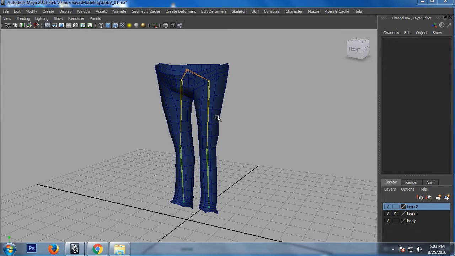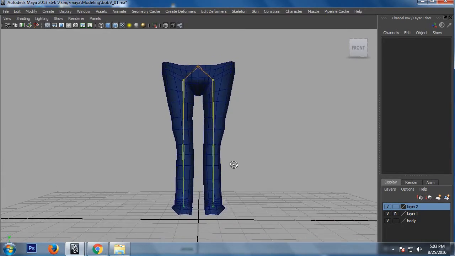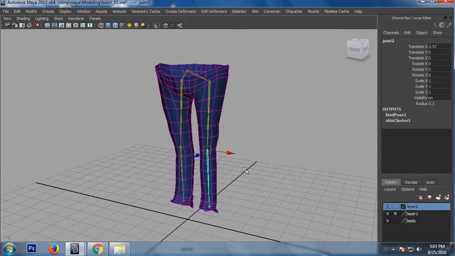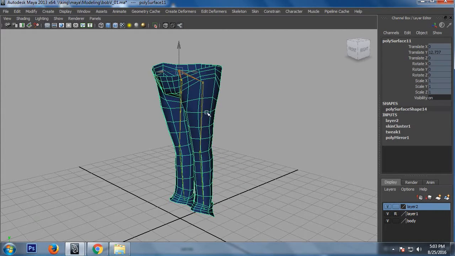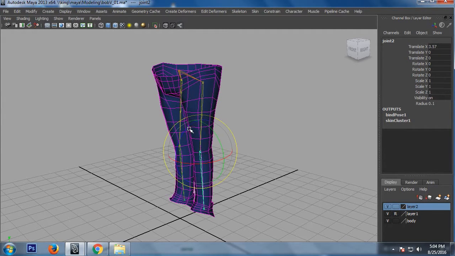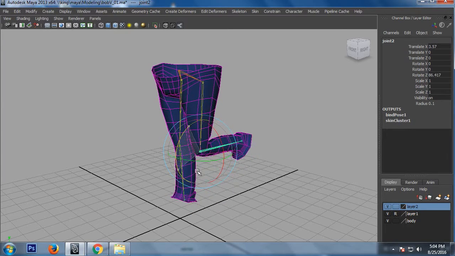For example, here, as you could see, I've got this model. It's a pant model. I've just assigned simple joints and done skinning to it, and in the model construction history you would see poly mirror, which was some modeling history of it, and you have got skin cluster. So you don't want this poly mirror to just carry with the model. Maybe you want to delete it, and if you could see, skinning is working right now.